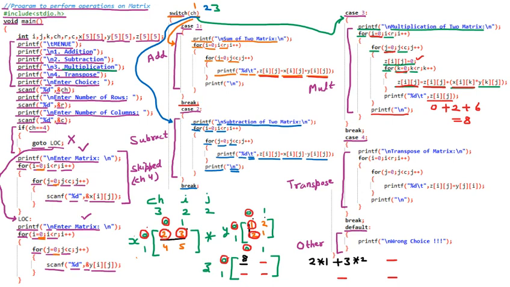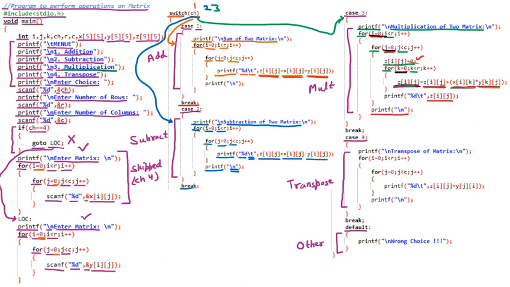Now what will happen if the case is 4? So now we are taking the last case, which is case number 4. So case number 4 represents the transpose. Now transpose of a matrix is very simple, but first of all we are taking the matrix. So they are asking for rows and columns. We are having the same rows, which is 2 cross 2, but there is a condition applied. If the case 4 is there, then go to this location. So what is happening with this location? Means we have skipped this particular part.